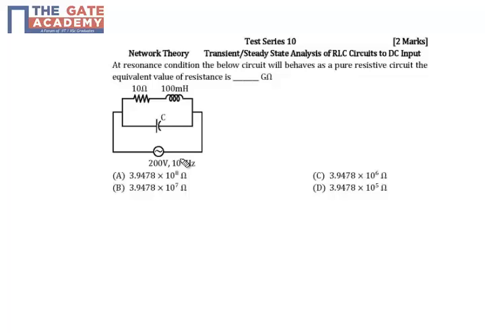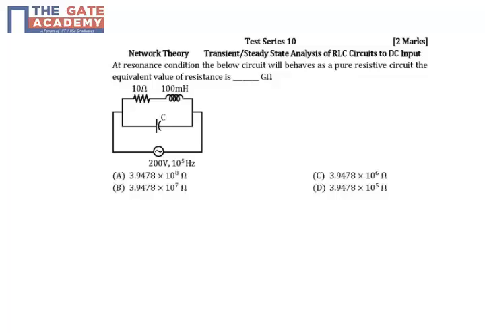In this question, we have to determine the resistance offered by this circuit when it is at resonance. Now, at resonance, the impedance offered by the circuit is purely resistive. Okay. First, since it's a parallel circuit, we will take the approach of writing down the